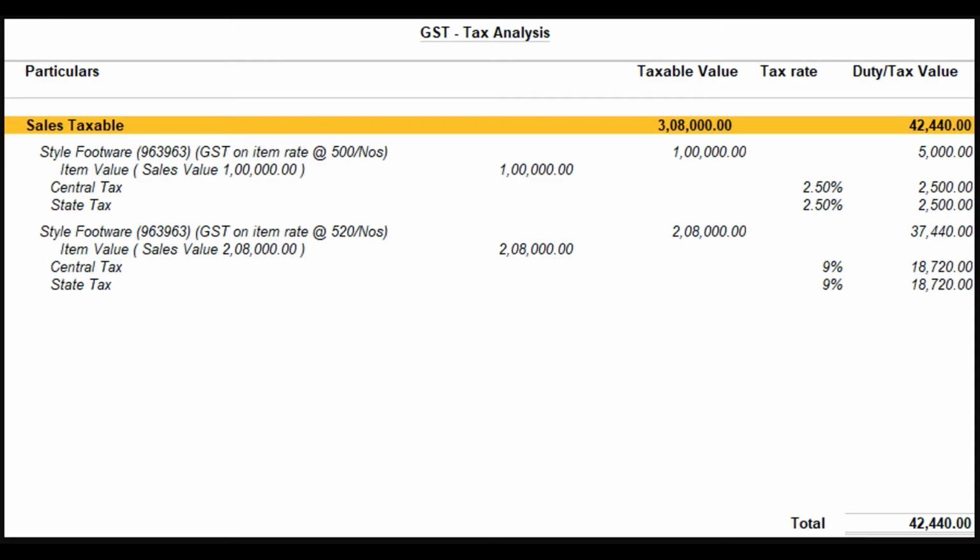Tax rate calculation for change in rate slab. If the rate slab of your stock items changes due to any applicable discounts, you can override the tax rates at the transaction level. To override the tax rate defined for the stock items in the invoice, you need to go to the sales invoice,